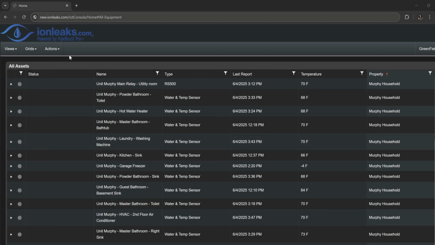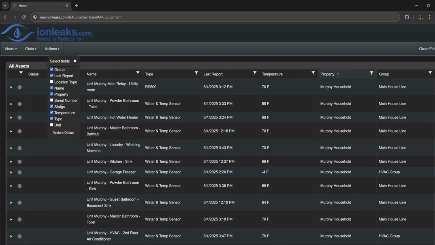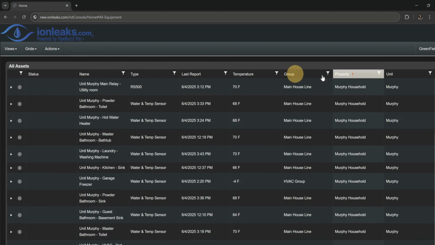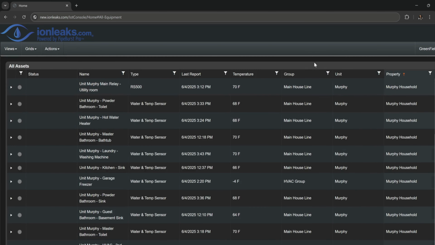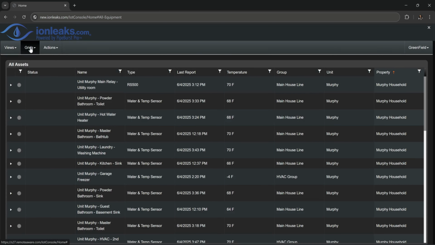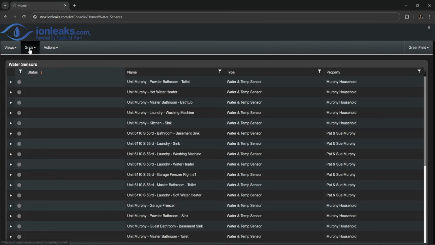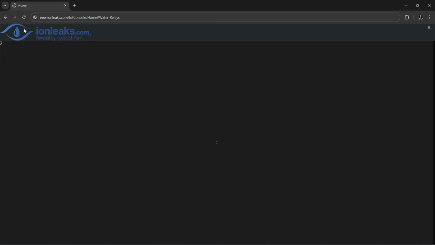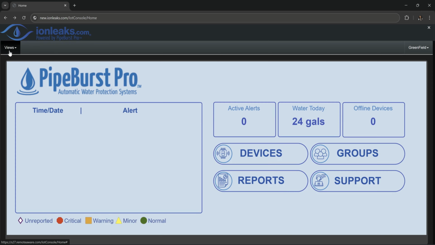To adjust what information appears on the device grid, click Actions, select Columns, and choose your preferred columns. You can also rearrange columns easily by clicking and dragging. All of this is organized for you, and you will see these preferences next time you log in. You can also access grids for specific sensor types, such as water sensors or a relay grid. You can navigate back to the home screen, that initial landing page, by refreshing the browser or going to Menus